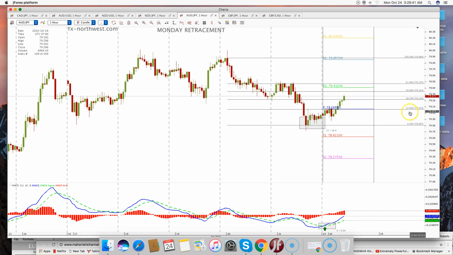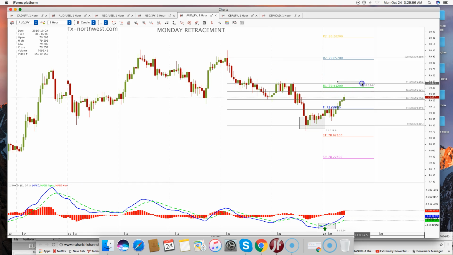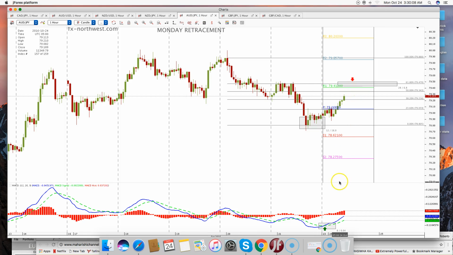Notice that price broke 23%. It touched 38% and broke that 38% retracement level. So we're heading to 50%, and the last resistance level is 61%. If it can get up to this level, then I would exit this trade. It's also hitting a previous resistance from Friday, so that would be the target, ideally. Okay, so this is a very nice, ideal setup where price sold off the previous week, and on Monday